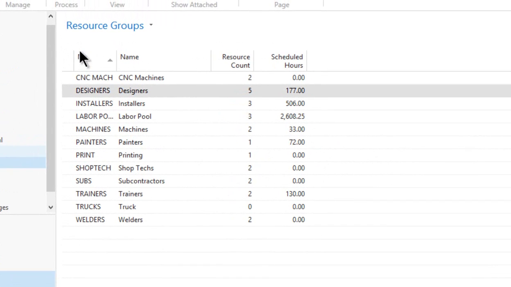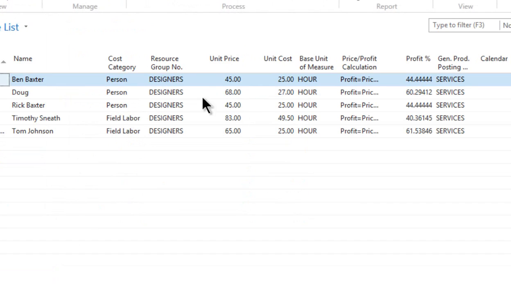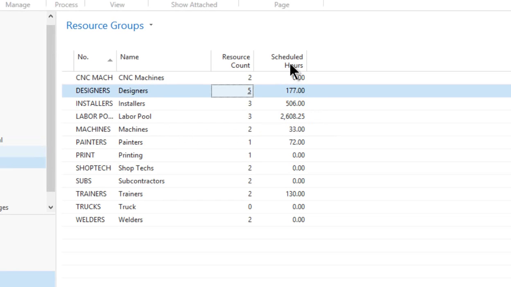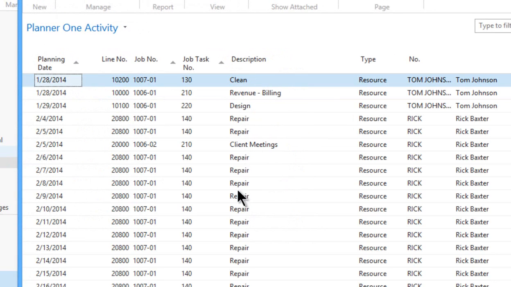On the resource groups, this is where you can say I have installers, I have machines, painters, printing, subcontractors, trainers, trucks, whatever it might be. And this gives you a count. So for designers, I can hover over that and drill down, and I can see all the people that are assigned to that particular resource group, the designers. Okay, that's nice. And we also added scheduled hours, so that for designers, how many scheduled hours do I have for designers in general, and we wanted to make this link drillable as well,